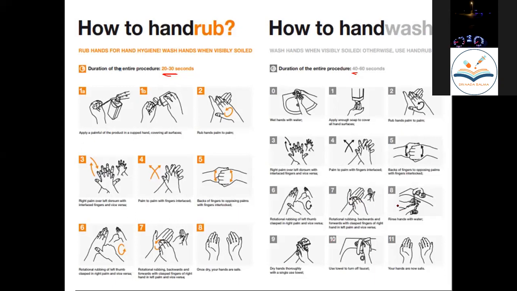Warm water is better. And finally, dry your hands with either clean towels or sterile tissues. Then discard these tissues, and finally your hands will be ready